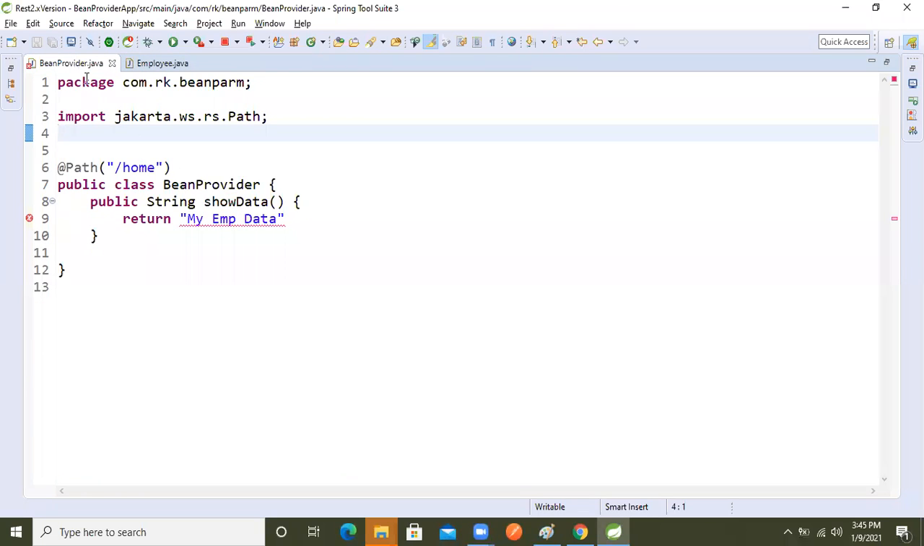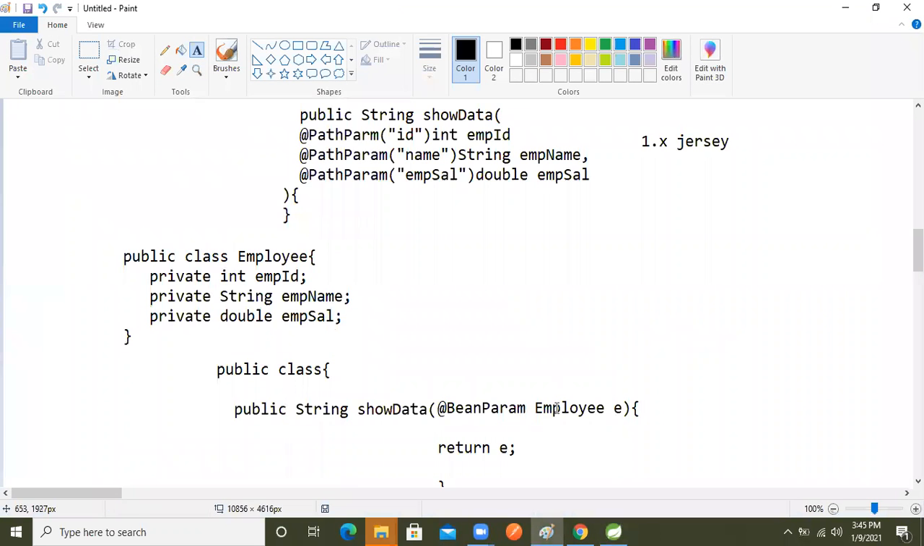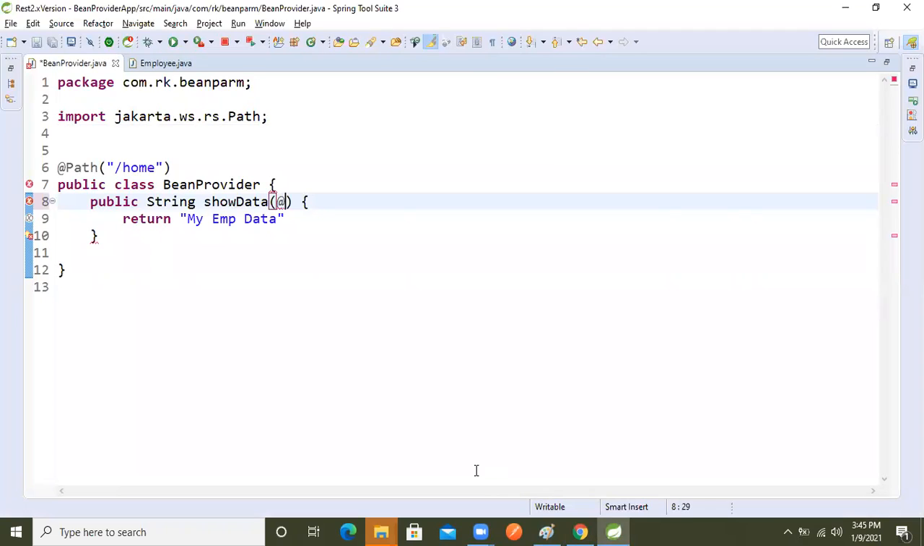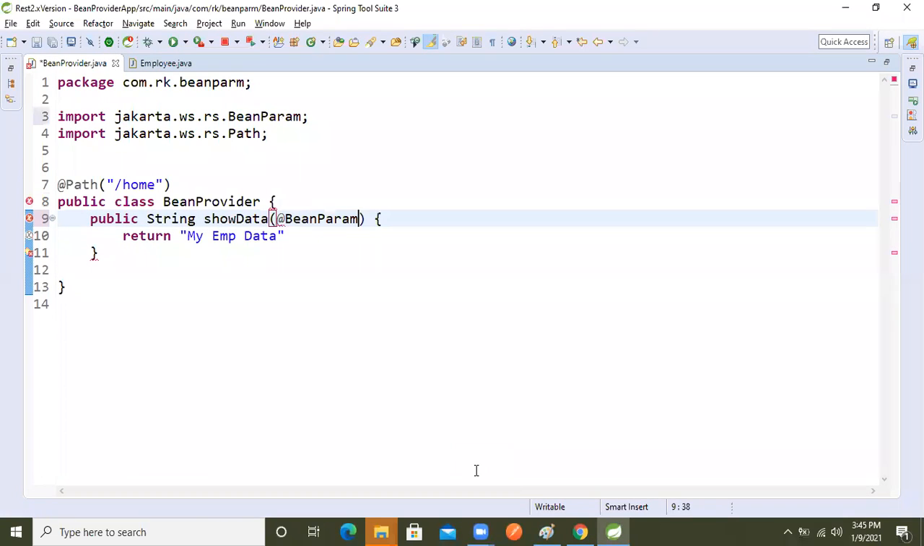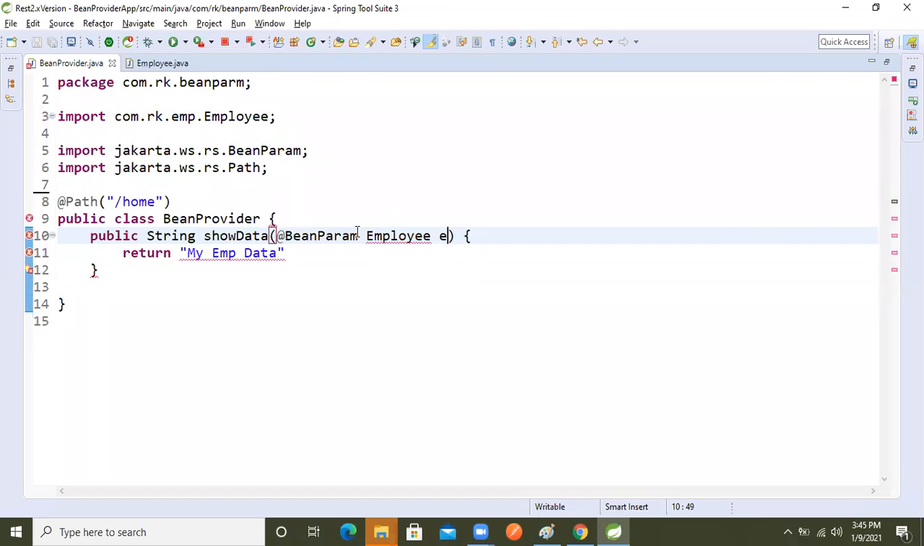Now here we will take @BeanParam, right? I explained this. We will use @BeanParam, which was introduced in Jersey 2.x version, right? That is called rest easy also, right? So Jersey bean, just BeanParam, I will take the Employee class as the argument, right? Employee class as argument. Now e, right? So just I'm returning that plus e,